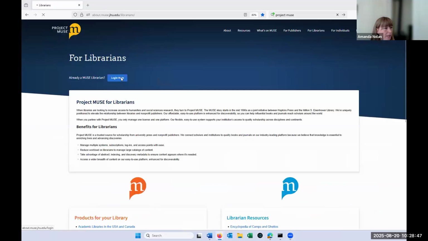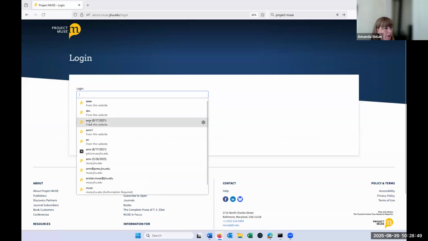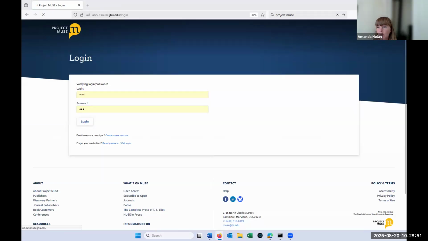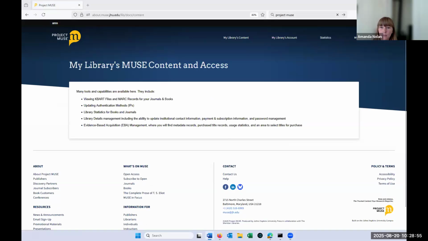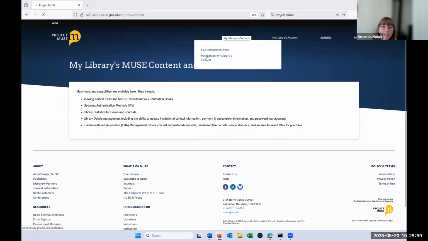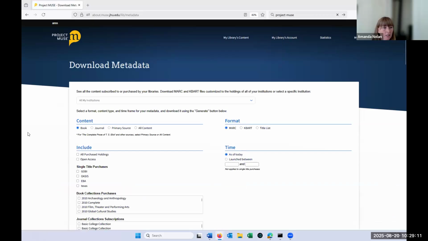I'm going to go back to our librarian page here. Again, log in. So I want to go ahead and start by looking at our metadata screen for librarians. There's a lot of information in there. So when you click on this, sometimes it is going to take a minute or so to get there. This is where all the reports are downloaded, metadata, and